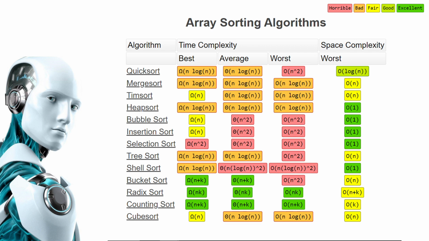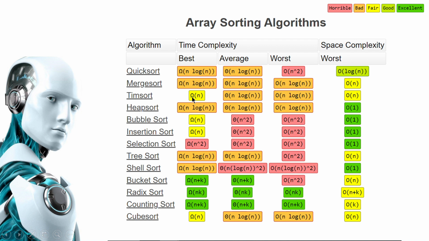You have it in a random order, say 50 40 10 20 30. That's an average case, because 50 40 are decreasing, 10 20 30 are increasing. Worst case is when you have the array in a completely decreasing order, like 50 40 30 20 10. That's the worst case. We have many types of sorts, and we can see that orange denotes bad,